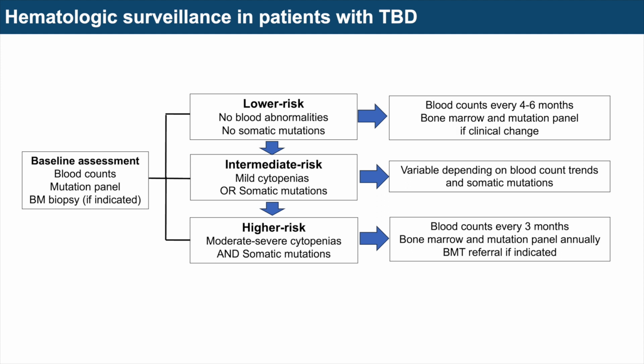There are other patients that come to me that have severe low blood counts of some variety. And so these patients have low blood counts, and many of them, as I just shared with you, also have acquired changes in their blood stem cells. And these patients I think of as higher risk. Higher risk for what? Developing something like myelodysplastic syndrome or leukemia.